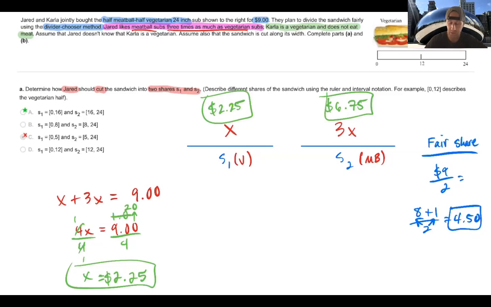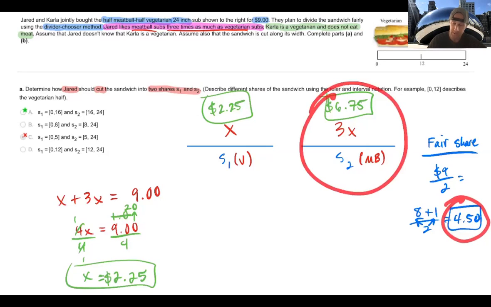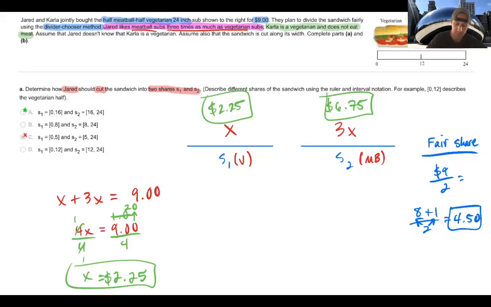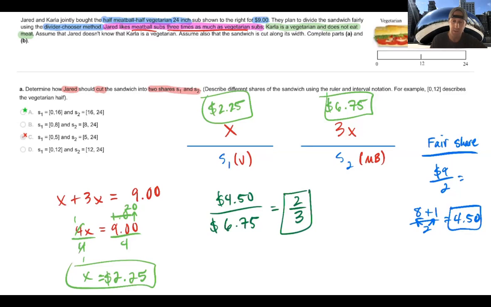So now that we know what he values each, the vegetarian and the meatball sub at, remember what we want to figure out and make sure that he gets his fair share. So although he wants this and it's worth that much to him, we then need to figure out how much of the 450 of the meatball side that would be. So plugging that into your calculator, you should get out 2/3. And so we know that he wants at least to get his fair share of the meatball side, which we valued based on his expertise, saying it's worth 3 times as much to him. We know that's equivalent to